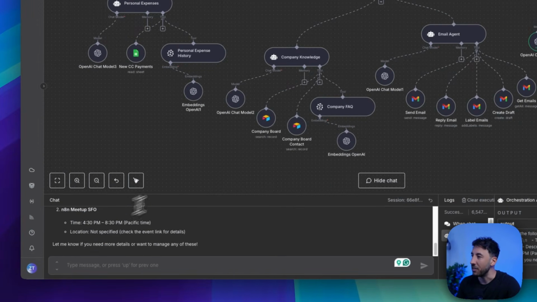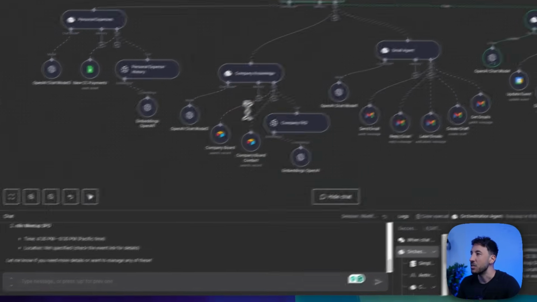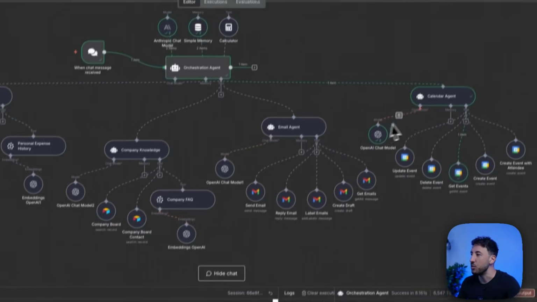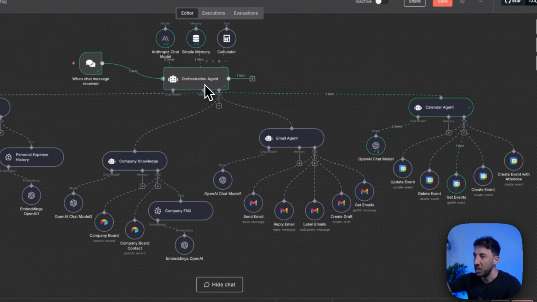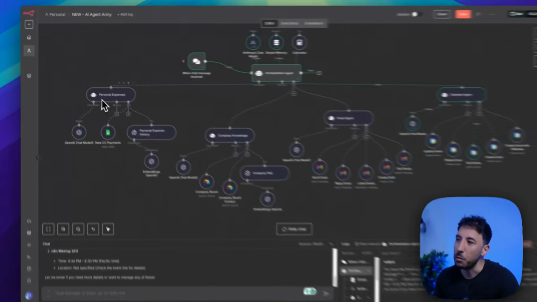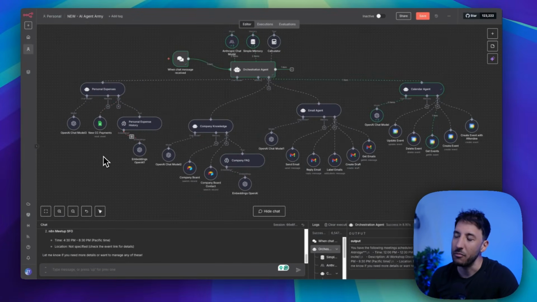As you can see, perfect, right? So that's how simple it is. That's how easy it is for us to essentially create this orchestration agent that's capable of controlling all of these sub agents. Now I'm going to utilize this other personal expense agent to ask it a few questions about, let's